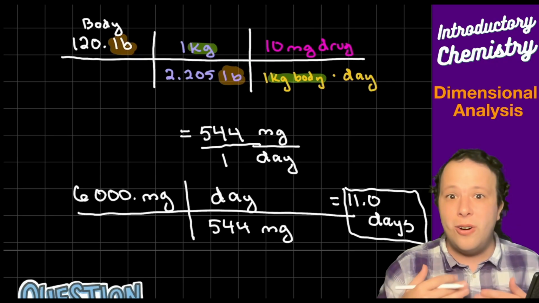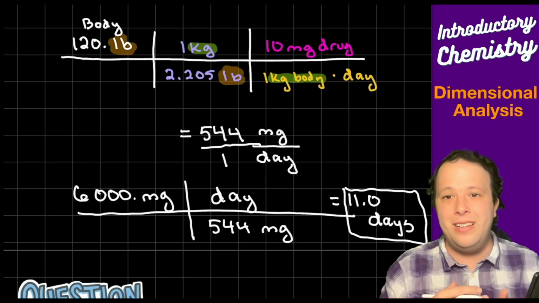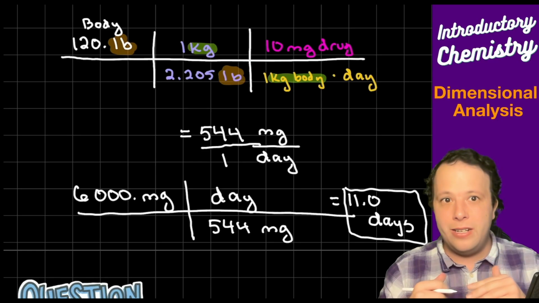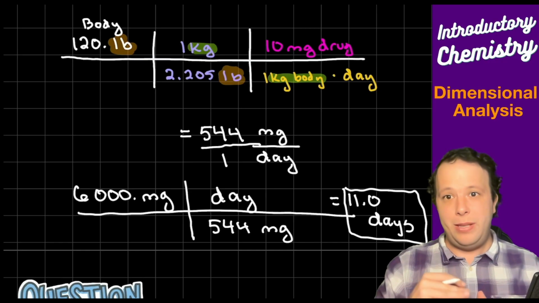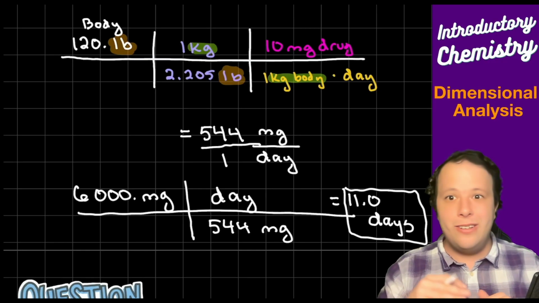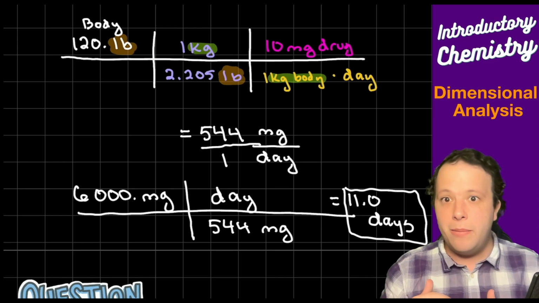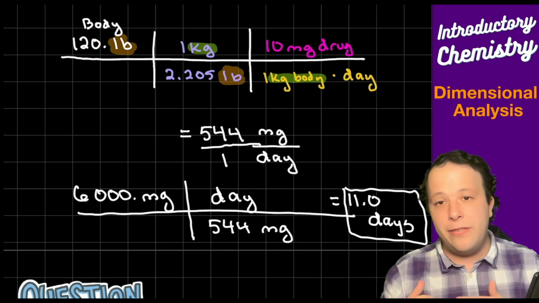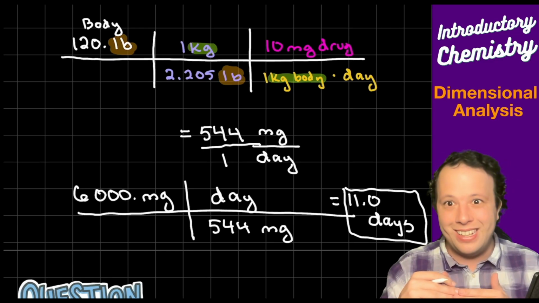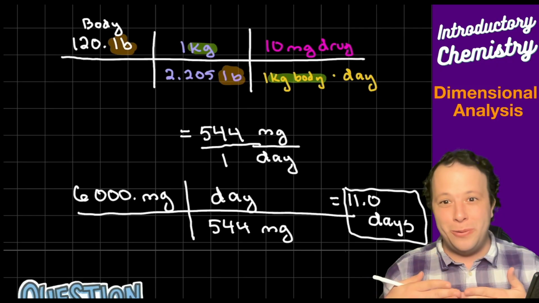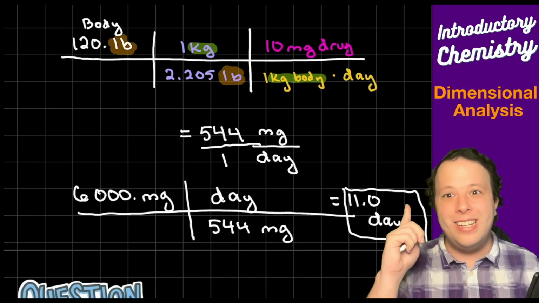So this is a harder problem because it took multiple steps. But notice that we had two separate terms by themselves, the 6,000 and the 120, so I split it up into two problems to make it easier. If it's something really big and you can't see how to cancel everything out easily, it could be split into two problems. Just start eliminating a few units and then come back together on the next part. The third example will be a little bit easier. I wanted to do one hard one. All right, on to the next problem.